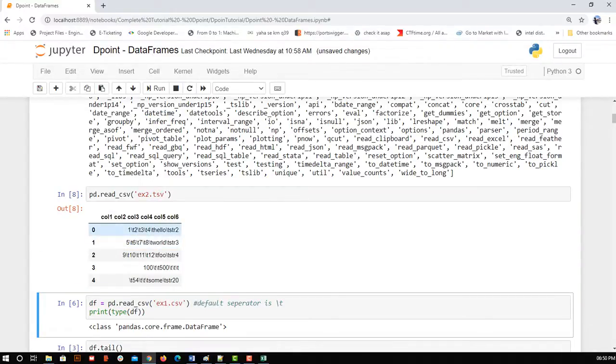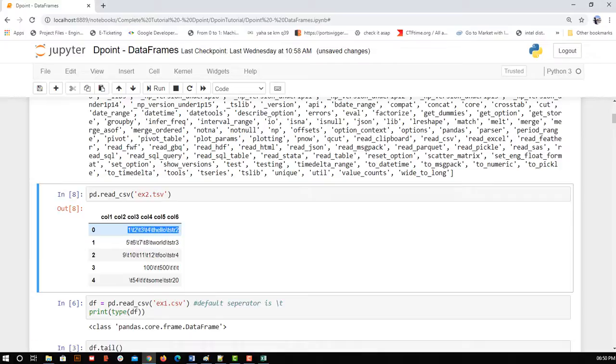You can see that it was searching for a comma so that it could assign the value to the next column. So this complete value is assigned to column 1 only, but not column 2. The backslash t is considered as a part of the value. So for reading it correctly, I will mention that the separator is backslash t, which is nothing but a tab space.